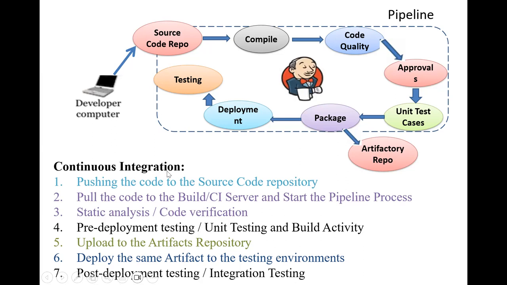Are you clear about that integration? Continuous integration? Type CI in the chat window. So whenever we talk about integration, you should remember all these stages. But based on the programming language, if it is Python, we don't need the compile phase. But if it is Java or .NET, we need this phase. Yes, phases are going to change, but we have the standard approach.